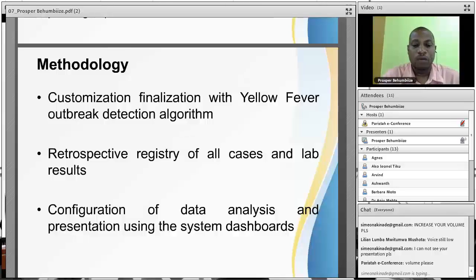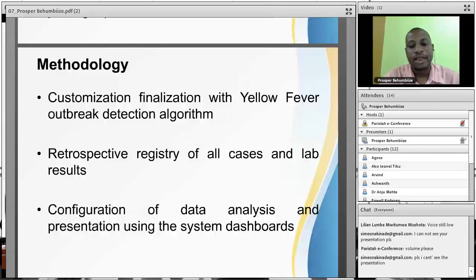In Uganda, we've been working together with the Ministry of Health and a team of experts, CDC, WHO, to come up with an electronic system responsible for disease surveillance. And what our aim really looks at here is to come up with a minimum data set that allows you to quickly detect outbreaks.